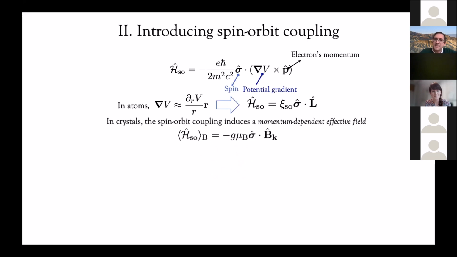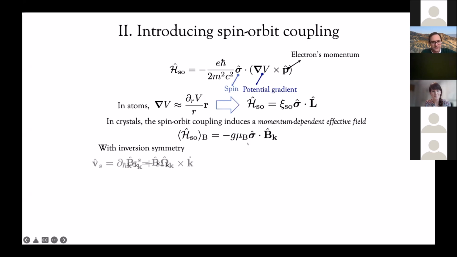So what happens is that if you want to understand how spin-orbit coupling impacts the band structure of your system, you have to project this atomic spin-orbit coupling on the Bloch states. And when you do that, what you get is a Zeeman term where the effective field is momentum dependent. So if your crystal structure has inversion symmetry, then this effective field will be